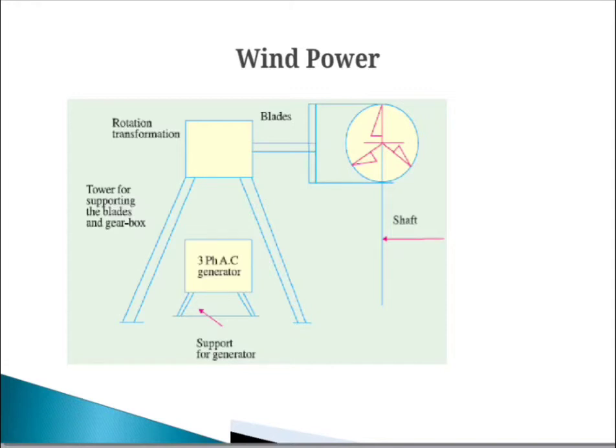We use the tubular steel tower for large wind turbines. These are normally manufactured in sections of 30 to 40 meters in length, and each section has flanges with holes, and such sections are fitted together with nuts and bolts to form the complete